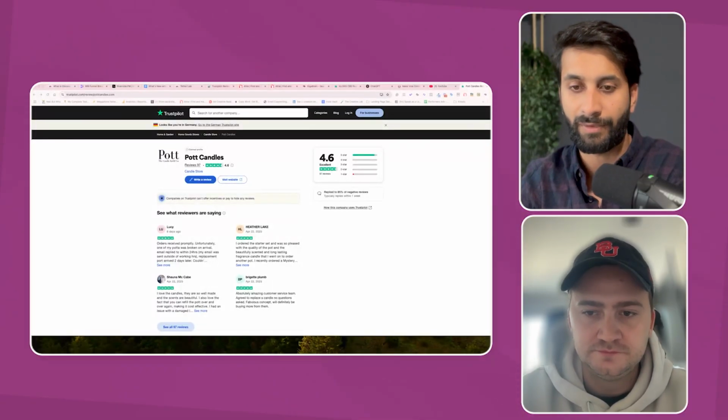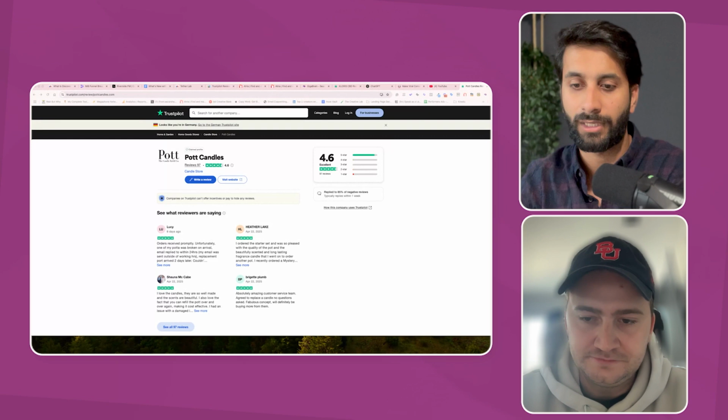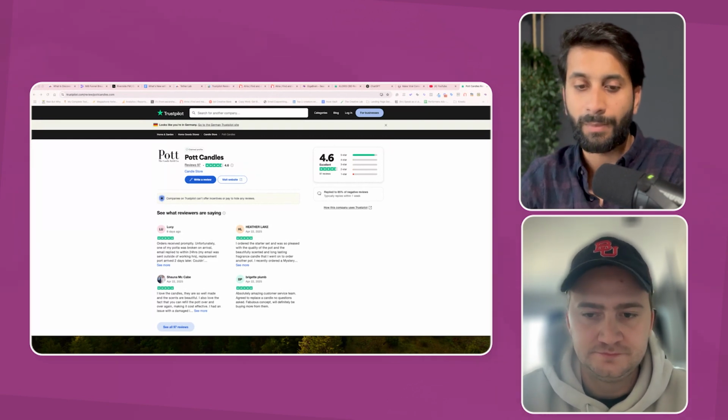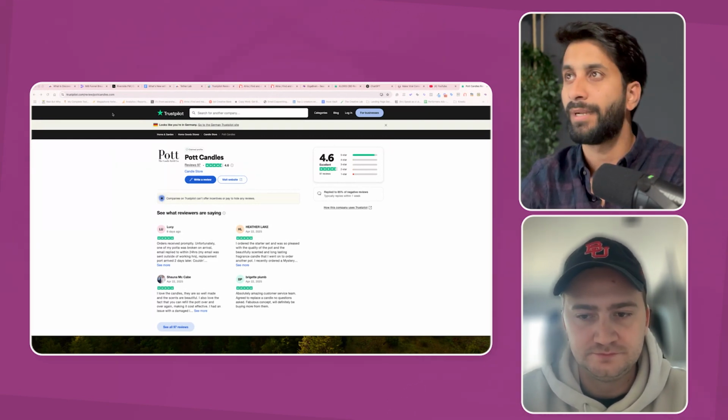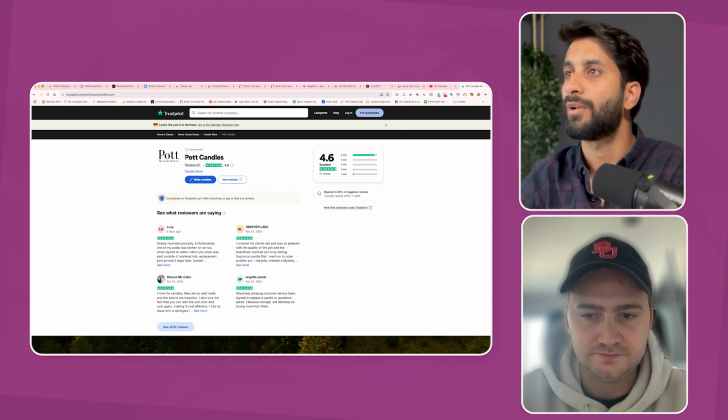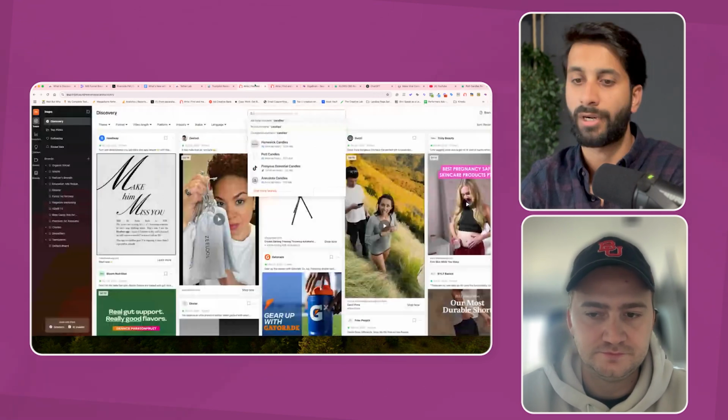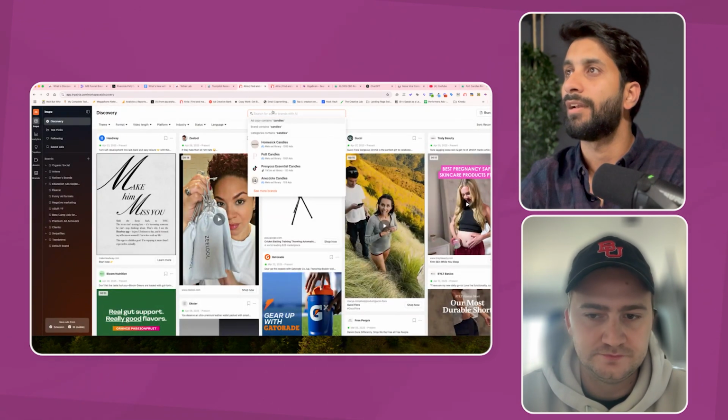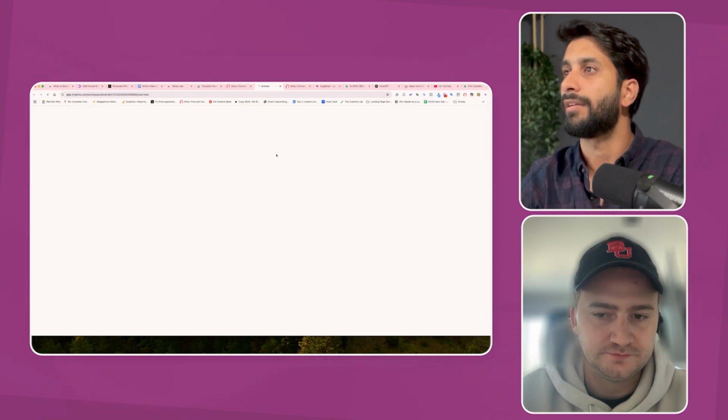Perfect. So since you talked about candles, I picked a brand that is Instant Candles, and I'm going to share my screen so it's very easy for everybody to understand how I think about my process. So the number one thing I will do is pick a candle market. I said, okay, I'm going to go with pot candles as a product. And what I did was I added pot candles here.